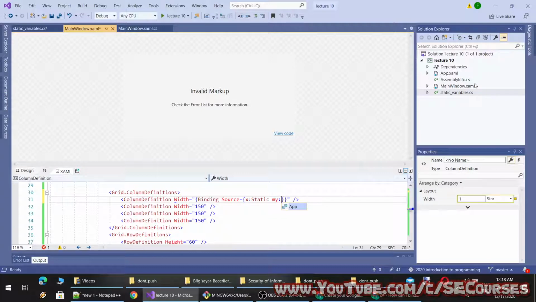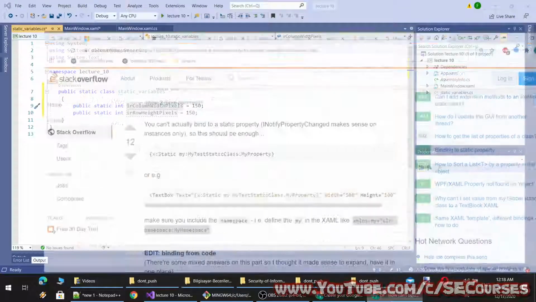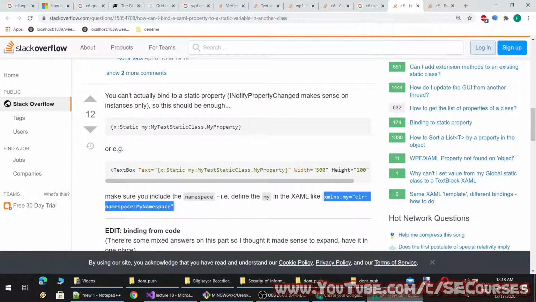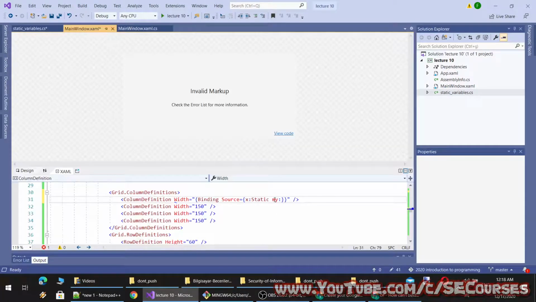Interesting. Why can't I see it? Namespace lecture 10. My test static class. Why am I not able to? Oh, when I type it manually, it appears. Okay.